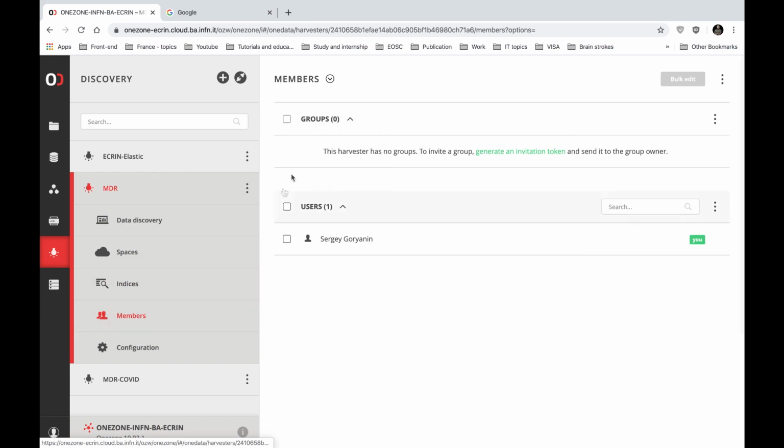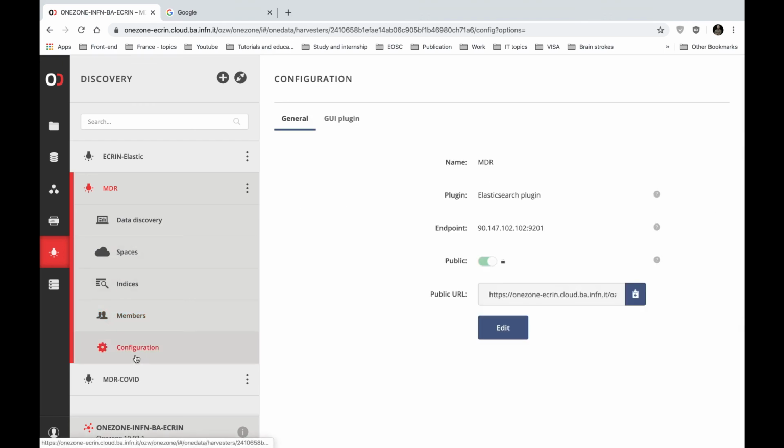Here I will see the list of the members which have access to the harvester, and the most important tab is the configuration tab with the general information about the harvester like name, attached plugin, endpoint. The tab shows whether it is publicly available or not, and if yes, there is a link, there is a URI